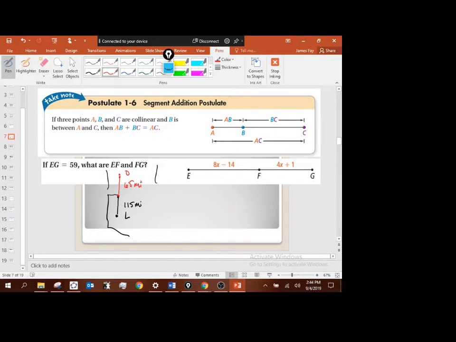That's the segment addition postulate. That's all that's saying. If you know the two smaller individual distances traveled and you sum them together, you then know what your entire route was, or your entire trip. Okay? So